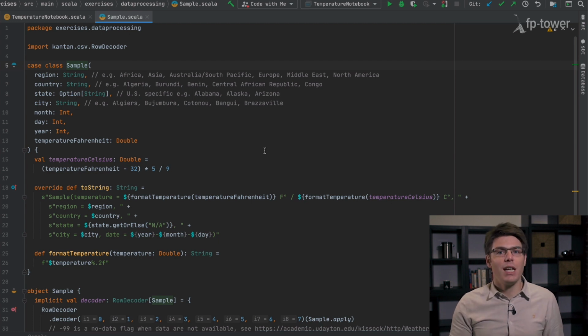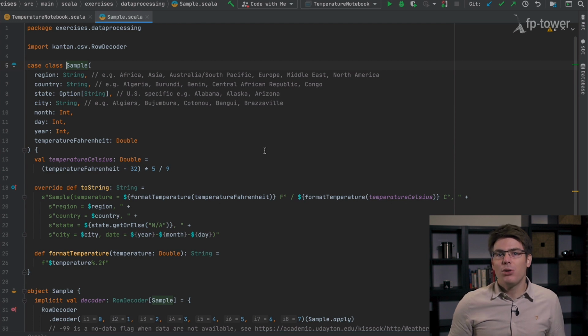So for half of the data, it's empty, and for the other half, it's something like Alabama, Alaska, or Arizona. Then we have three fields for the date, representing the year, the month, and the day. And finally, we have a field representing the average temperature in Fahrenheit for that particular day.